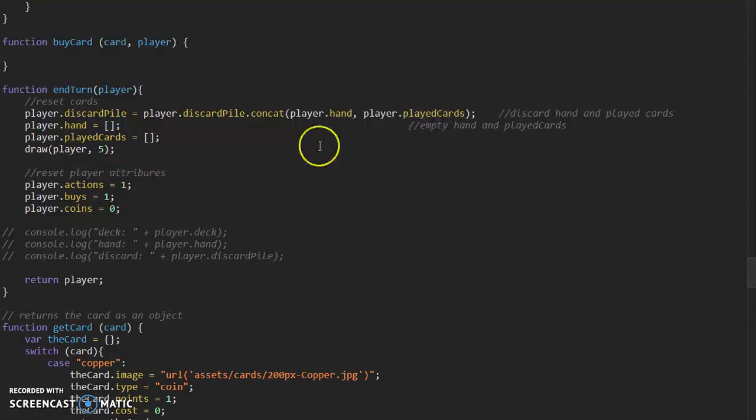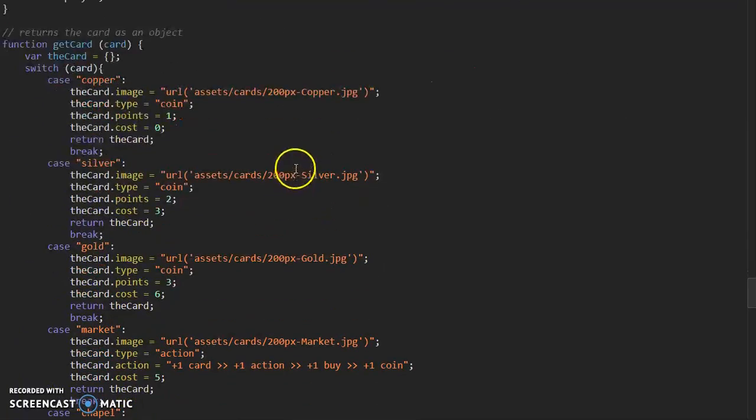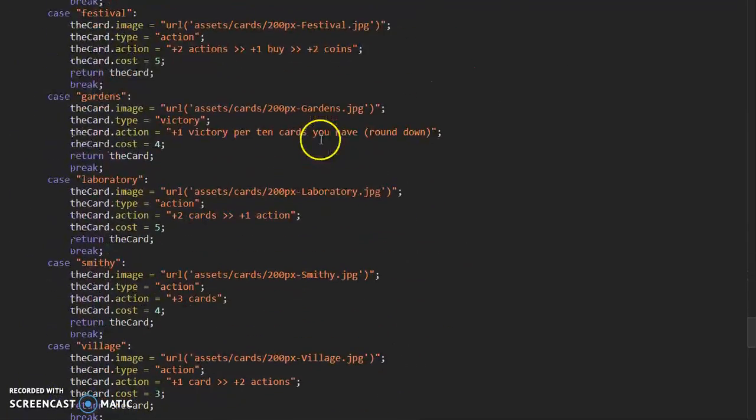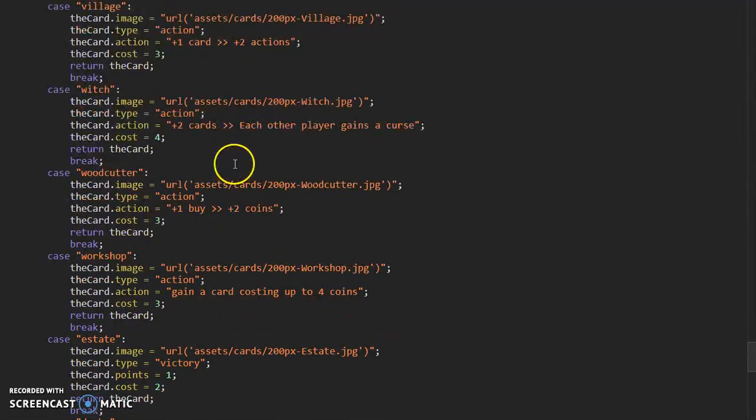Then when a player ends their turn, we'll eventually add AI, so the next player will play. And that's it for the